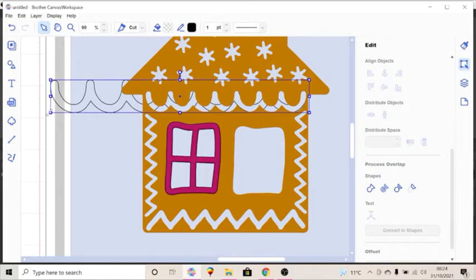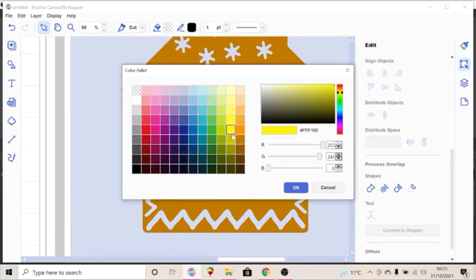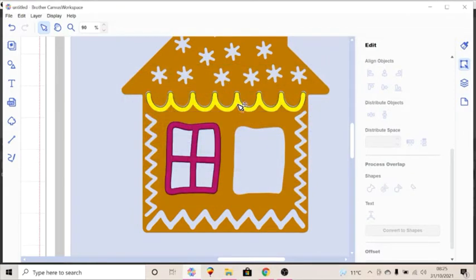and just resize it. Now what you could have done, and probably what I should have done, was just to reduce all of these at the same time so that I wouldn't even have to do this, but this is quite easy really to resize, as you can see. And that can be pieced either behind this piece or over to the top of it as well. And you've got all the little snowflakes and all the other little icing around the gingerbread house. So it is nearly